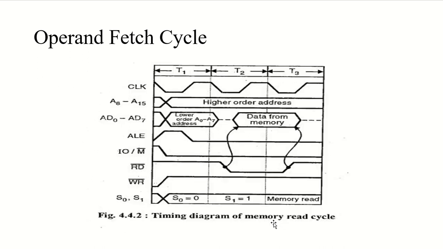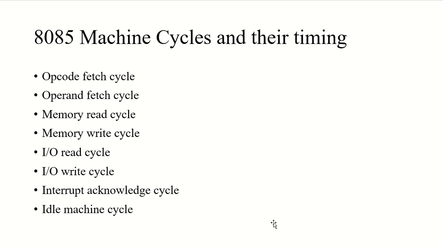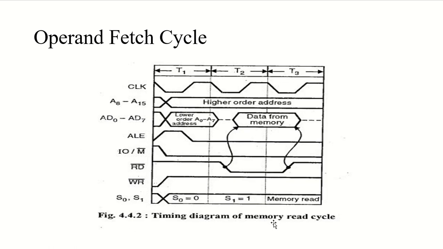Then we have the operand fetch cycle. The operand fetch cycle is a cycle that takes 2 to 3 byte instructions. But in a 2 to 3 byte instruction, taking the opcode doesn't complete the instruction fetching, does it? So we require the operand fetch cycle. For a 2 byte instruction, we require 1 operand fetch cycle, and for a 3 byte instruction, we require 2 operand fetch cycles. And in this cycle, the address is given by the program counter again,